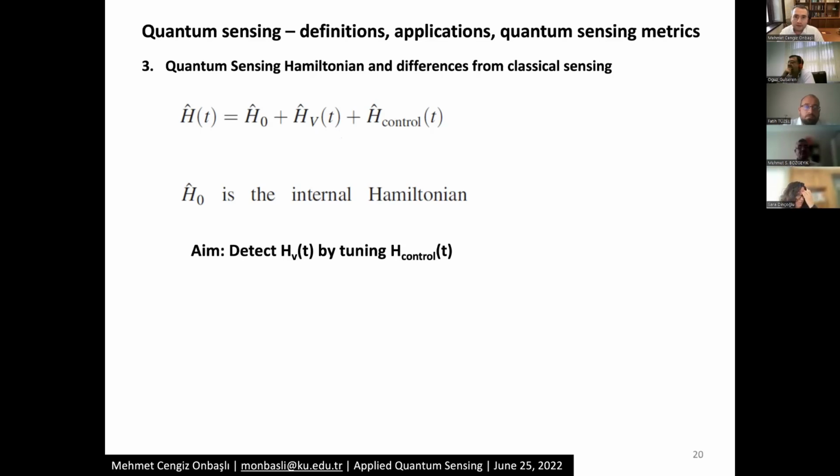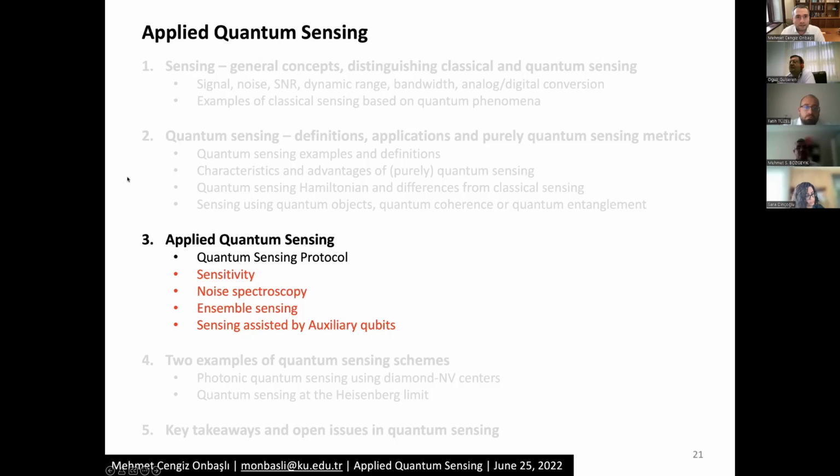So this is the starting point for the classical sensing, and the way we control H0 is through the implementation or the device geometry, and the way we control H control is through our external bias or parametric sweeps. This way, we observe how we can pick up or reconstruct HV in our solutions. I'm going to wrap up only through the quantum sensing protocol here, and I can have a